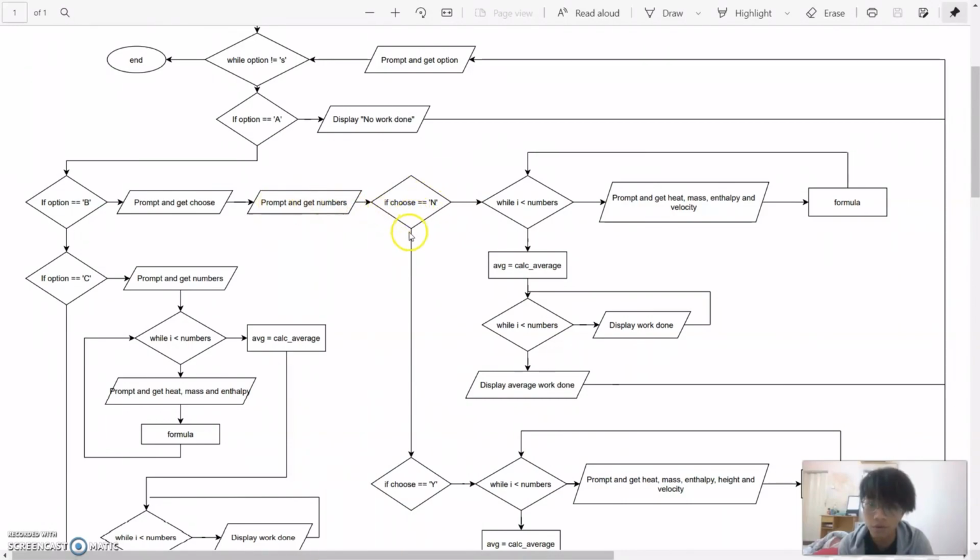So if the user chooses N earlier in the choice of variables, then the program will prompt and get heat, mass, enthalpy, and velocity, and then it will be put into the formula. After calculating, it will loop back into this statement, which is while I is less than numbers. As long as this statement is true, it will keep on prompting and getting heat, mass, enthalpy, and velocity for each of these devices,